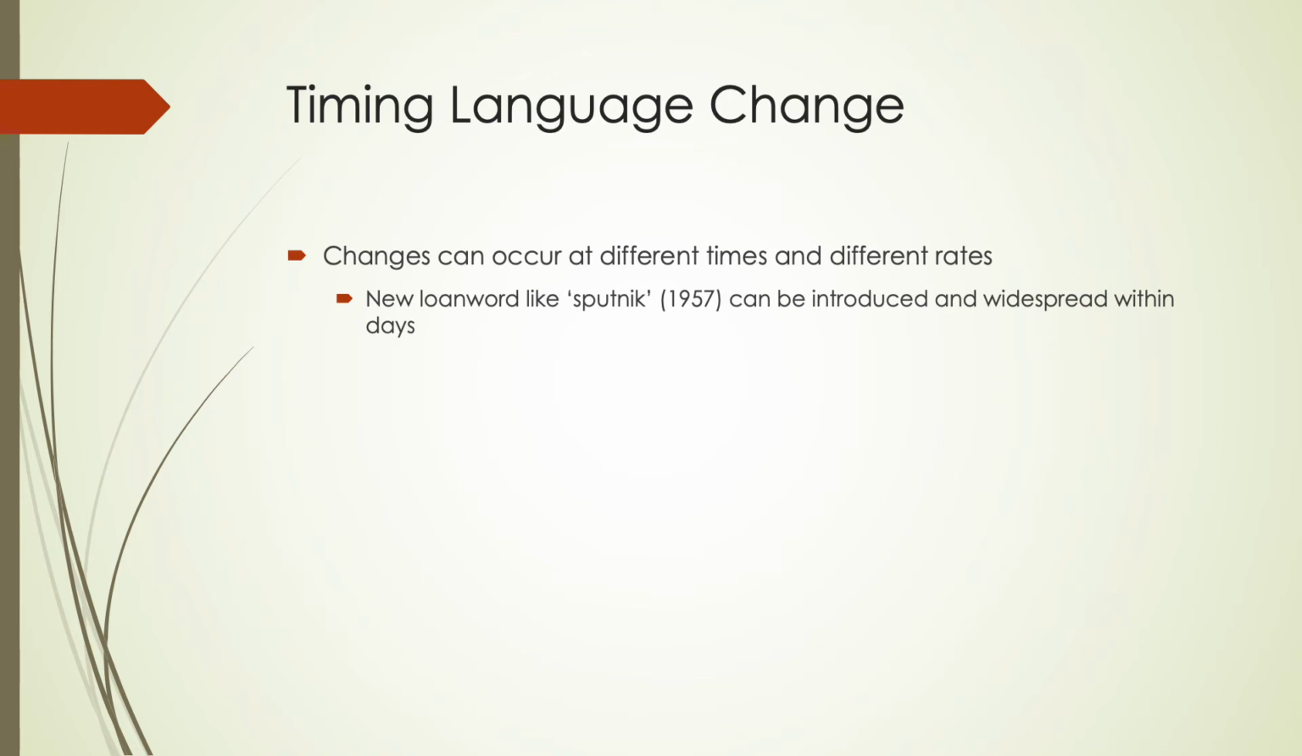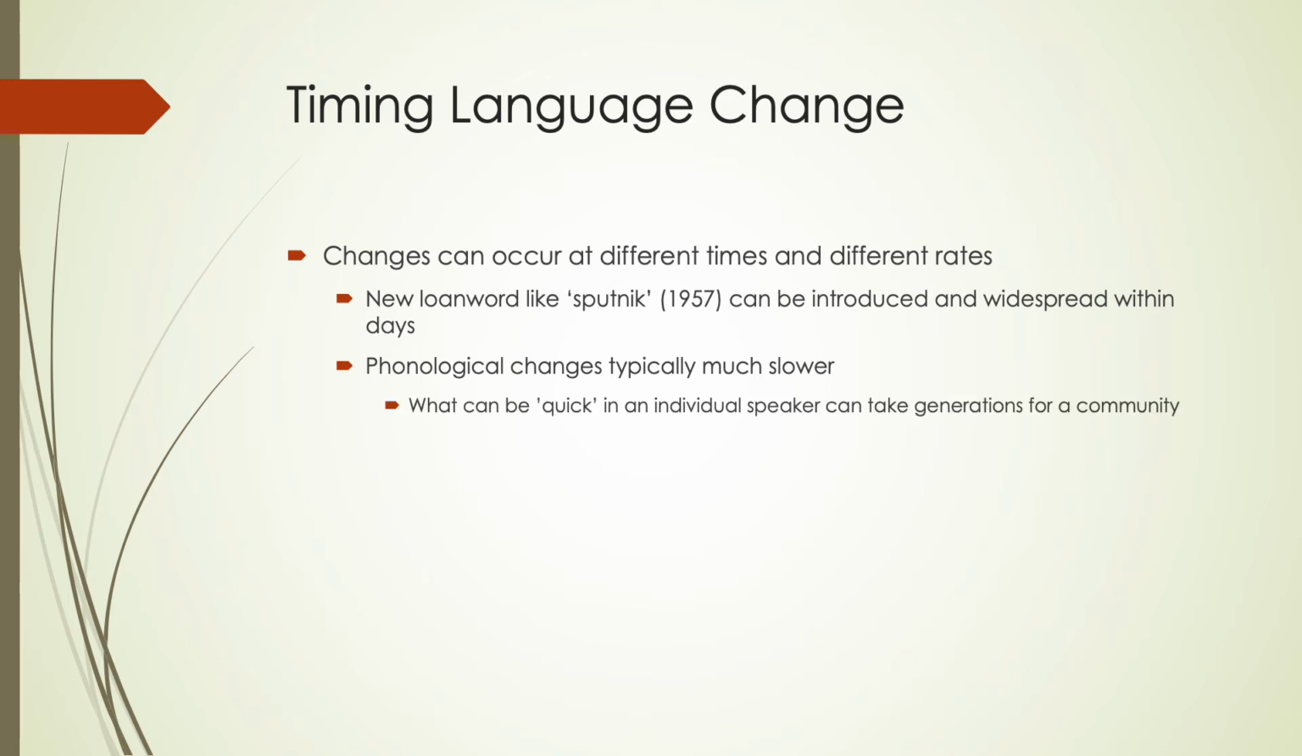But a lot of times these changes can happen much more slowly, especially things like sound changes. So it might seem quick for an individual speaker, but it can take generations for a community or an entire language of speakers to change something over time. So some examples that we'll see in this class are things like the Great Vowel Shift, which happened over a couple of 100 years. And so while individuals would probably have started shifting them much quicker within their own speech,